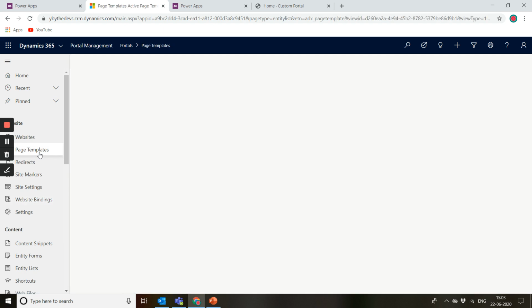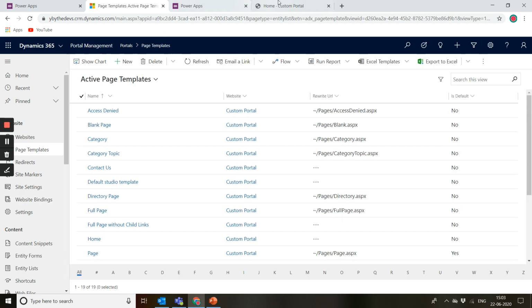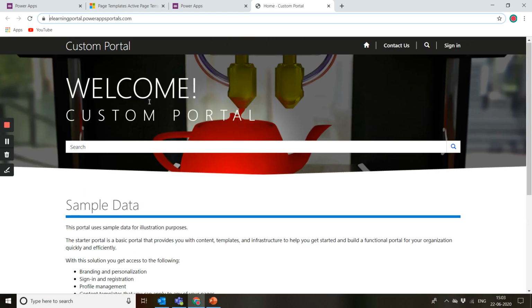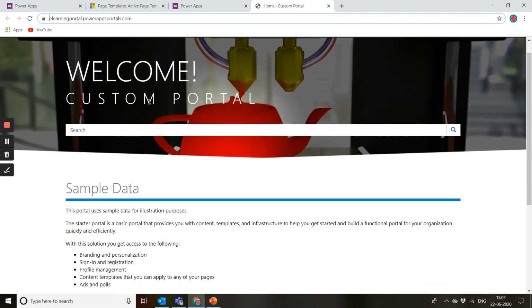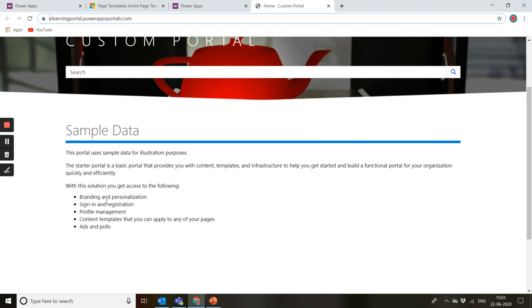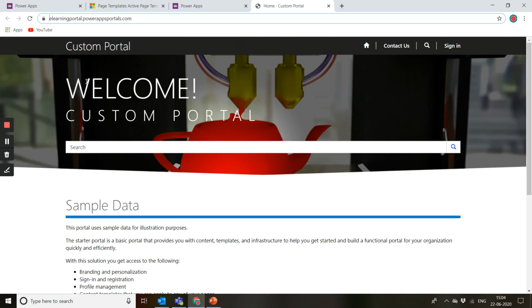Then about the page templates, this could be anything. If I come here on the home page, there are a number of page templates that you can refer to. There are some that exist out of the box, and if you want, you can create your own page templates. You can create these templates by extending any of the out of the box templates as well. So you start building on top of anything that exists already based on your customizations. So you can change, like, okay, I don't want this to show this header.